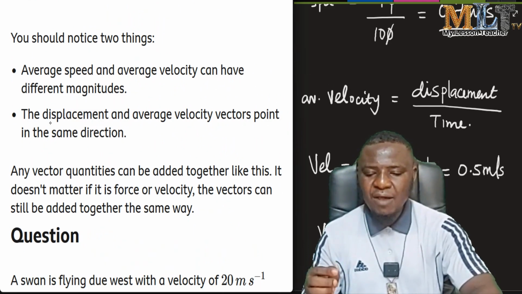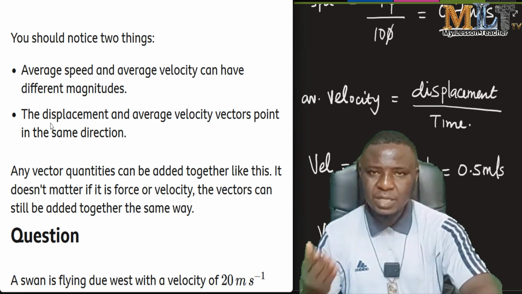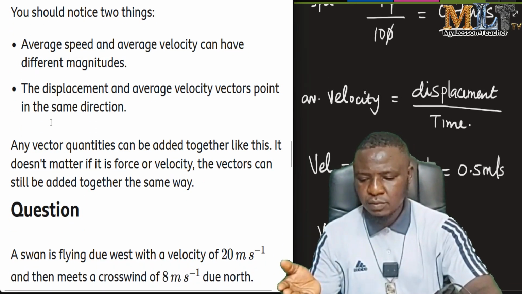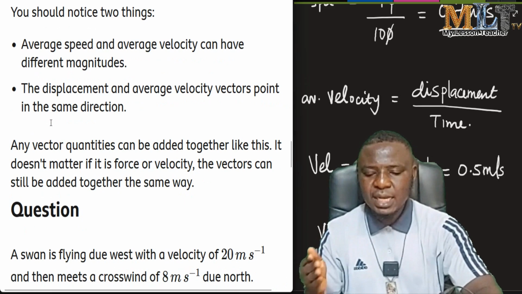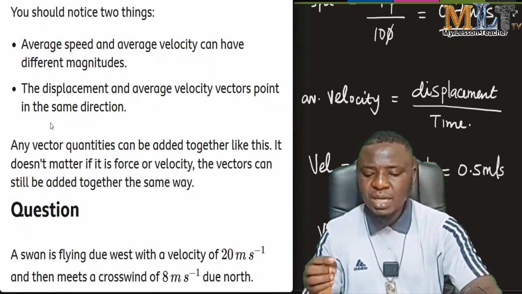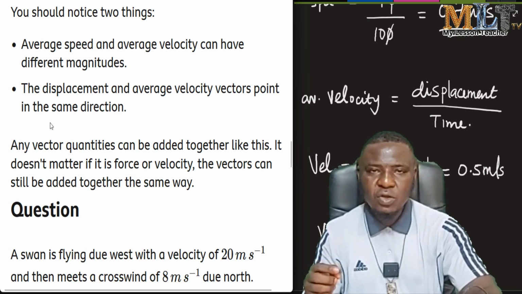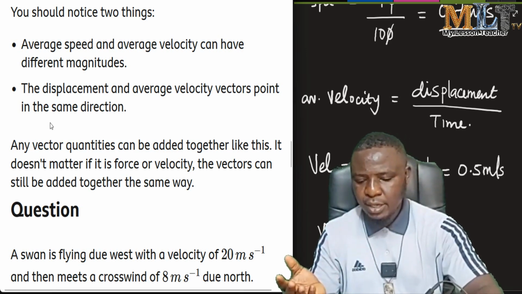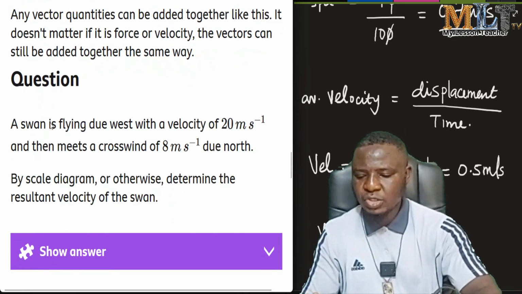The displacement and average velocity vectors point in the same direction, because they are both vector quantities. Any vector quantities can be added together like this. It doesn't matter if it is force or velocity; the vectors can still be added together the same. So the next question says,